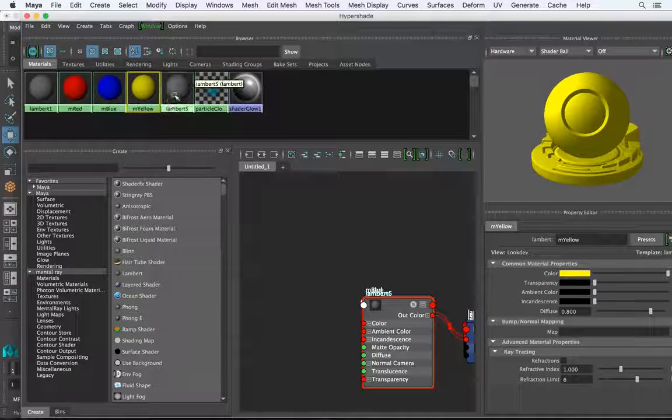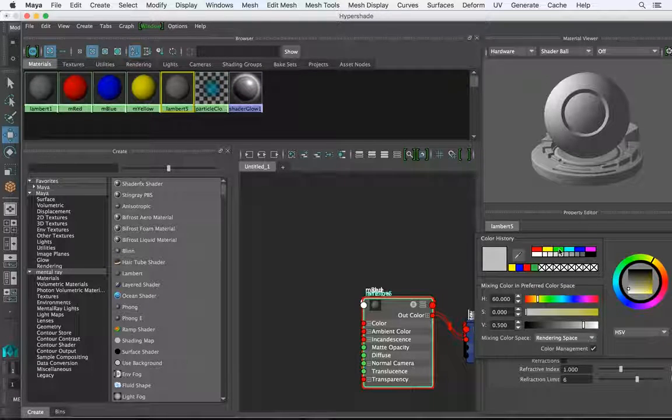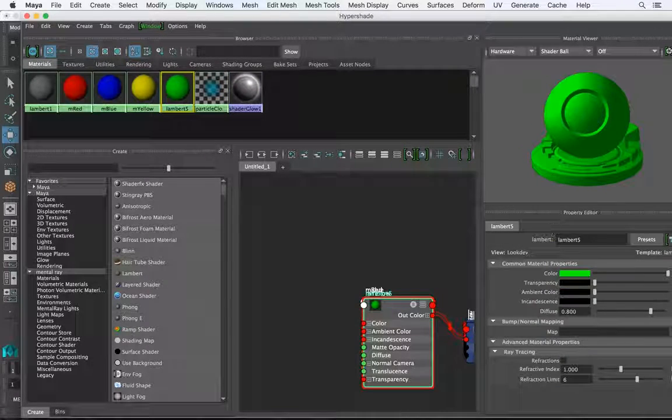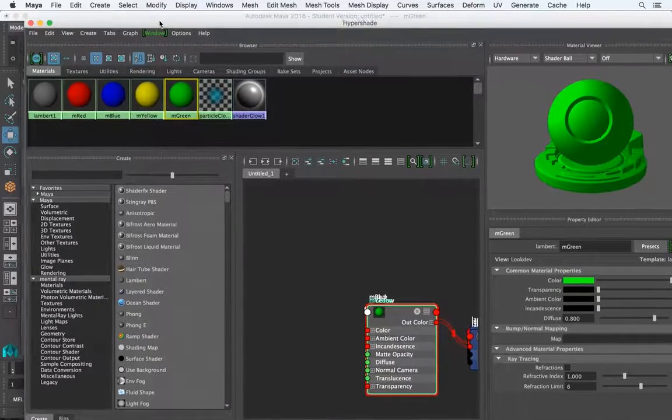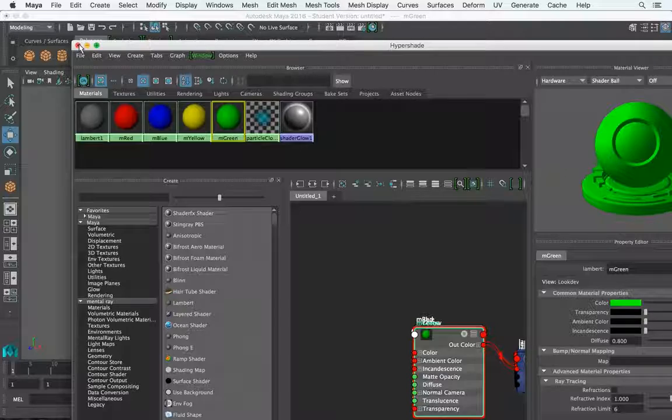It's important to name them, as you'll see soon. And we'll do green. All the cool building block colors. All right, that done, we could do a whole lot more here, but we'll save that for later. We've got some colors. I'm going to go ahead and X out of this